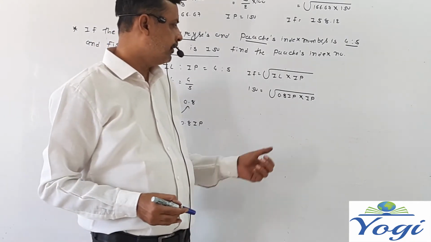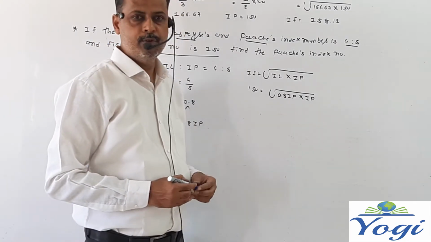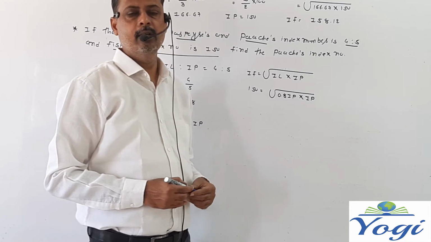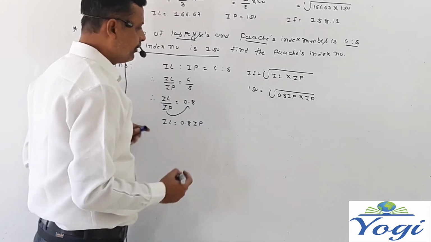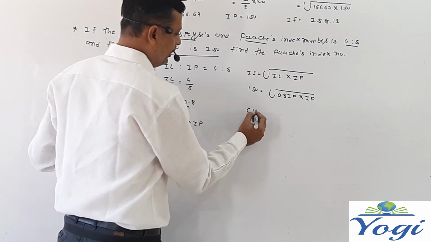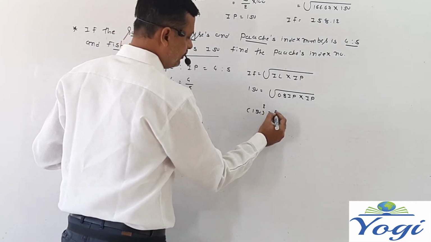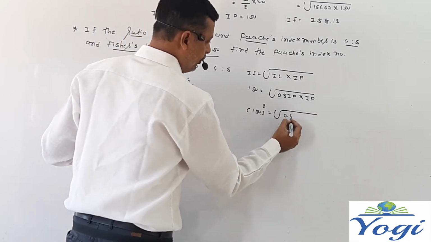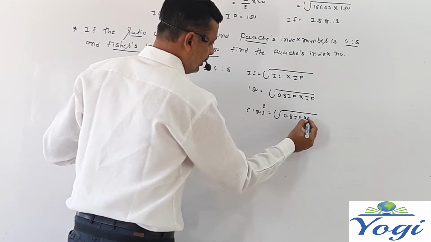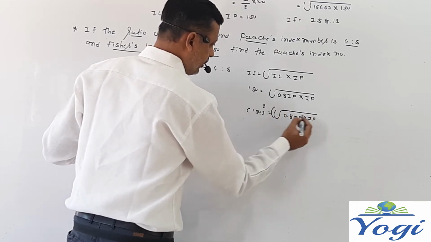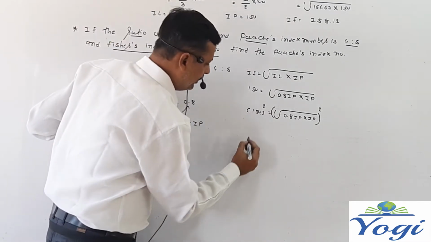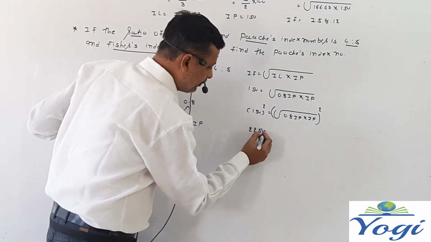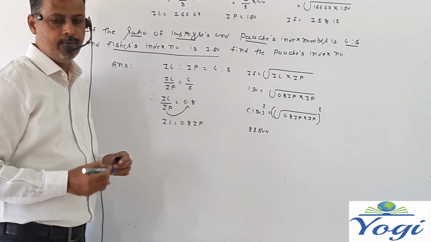Now here, for the removal of the root, we are taking both sides square. So making both sides square. Here 150 square and 0.8 IP into IP making whole square. So 150 square has become 22,500